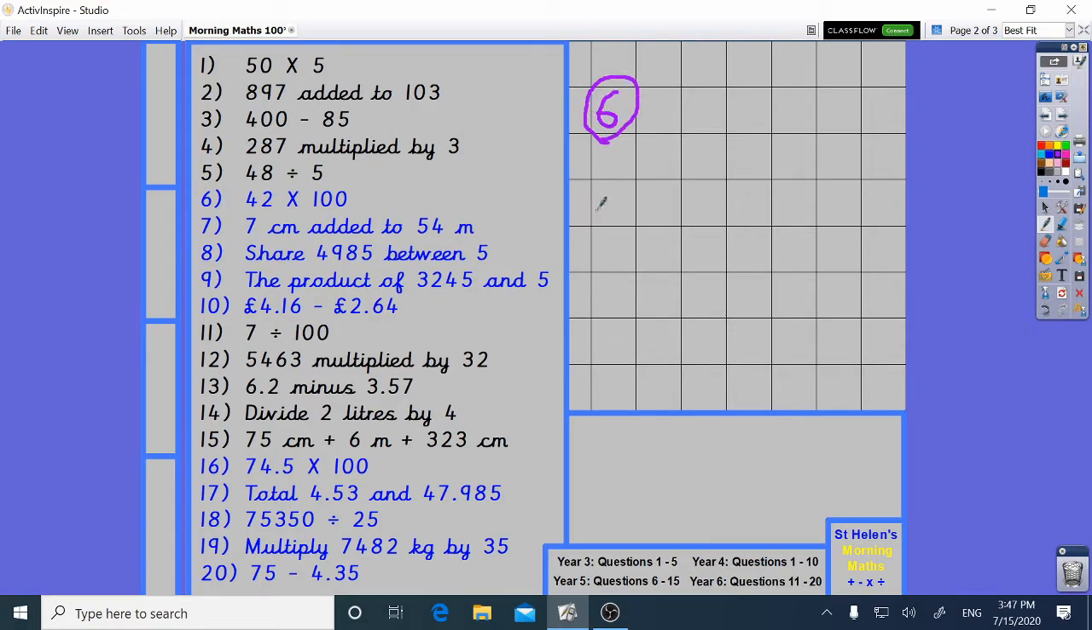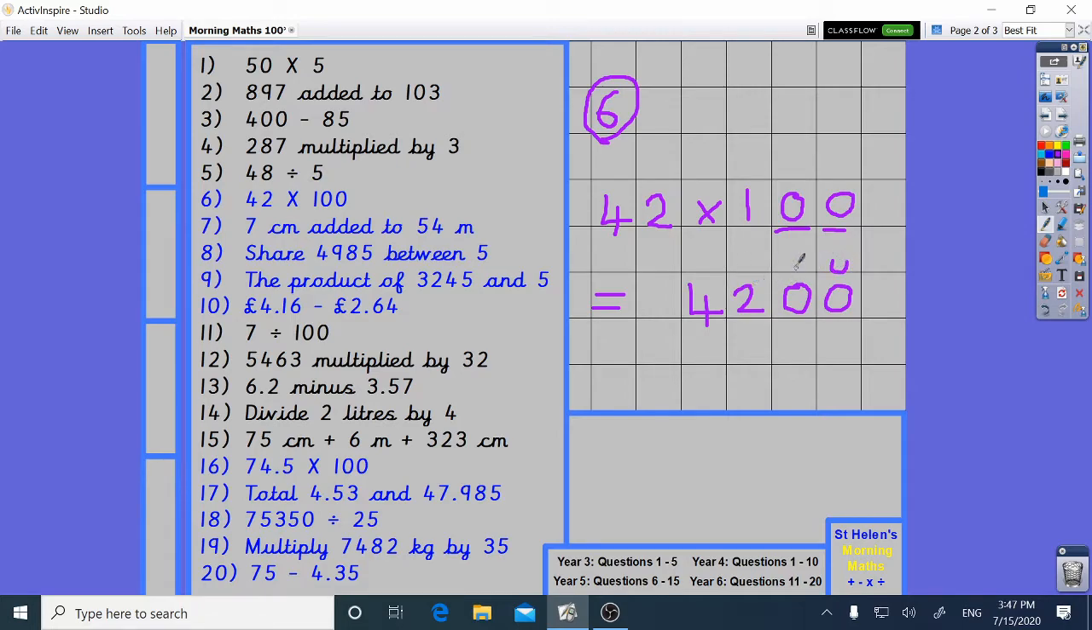42 times 100. 42, going to make 42 100 times bigger. So it's going to be a lot bigger than 42 when we finish. 42 times 1 would be 42. 42 times 100, we've got 2 zeros to place. It's 4200, otherwise known as